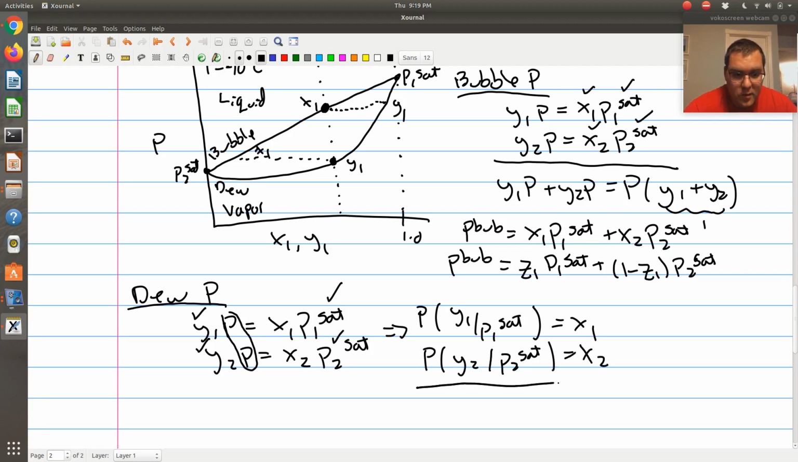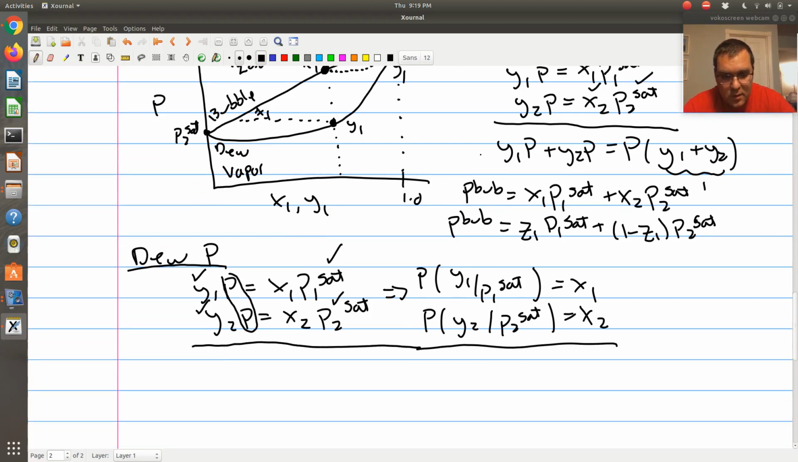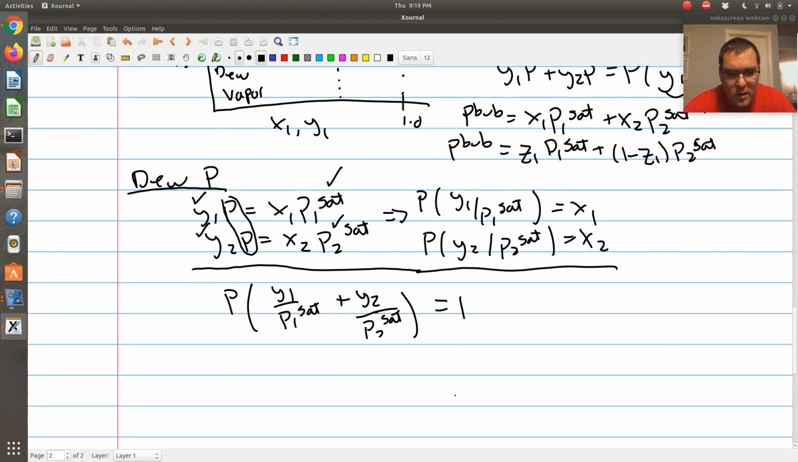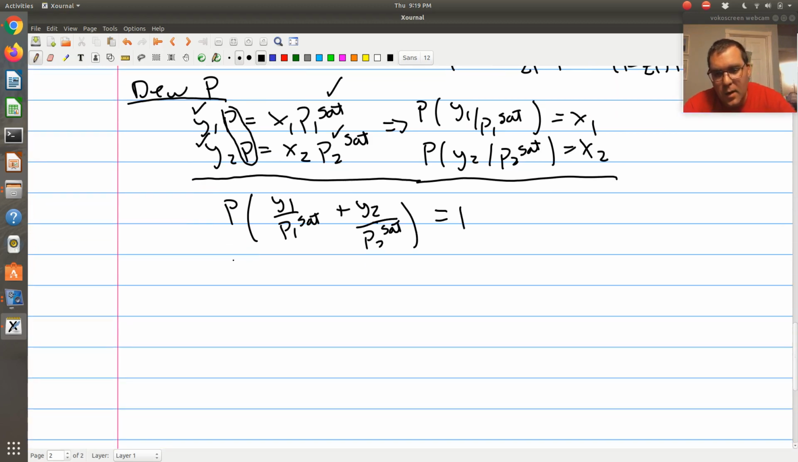Okay, so if I add them together, the right-hand side is just going to be equal to 1. Actually, I'm going to write a big equal sign. P is the same, so this becomes P times Y1 over P1 sat plus Y2 over P2 sat is equal to 1. So solving for P dew then, I get the P dew,